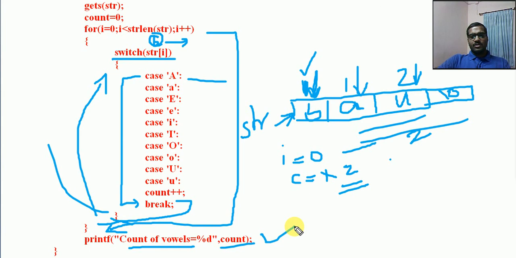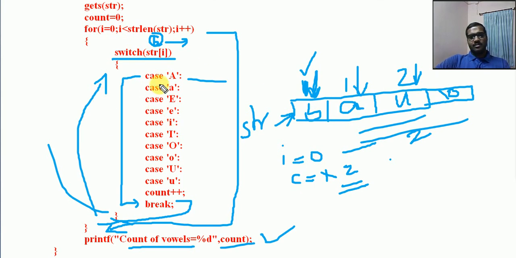Okay, so this is one logic for finding the number of vowels present in a string. Otherwise, within for I equal to 0, I less than string length of str, I plus plus, we can check a condition.